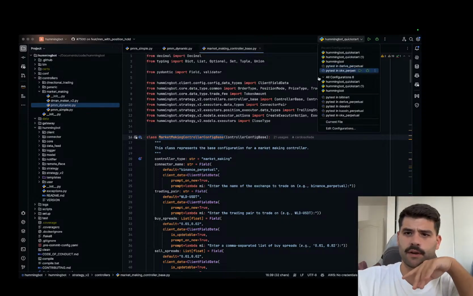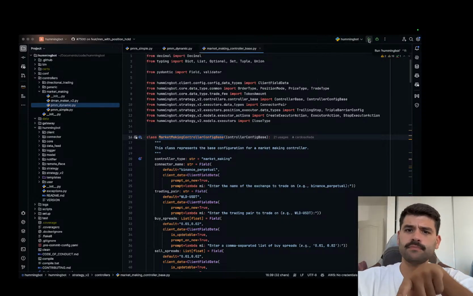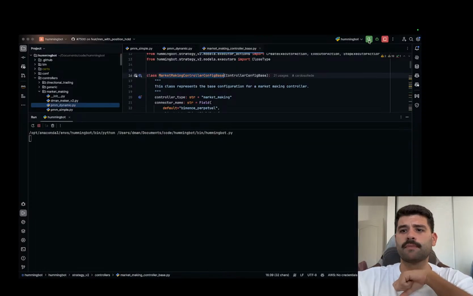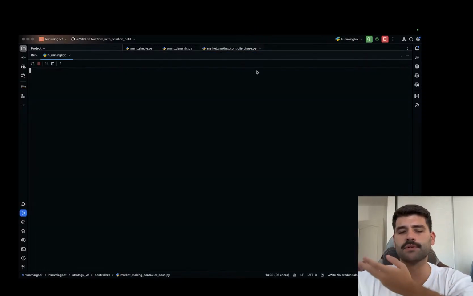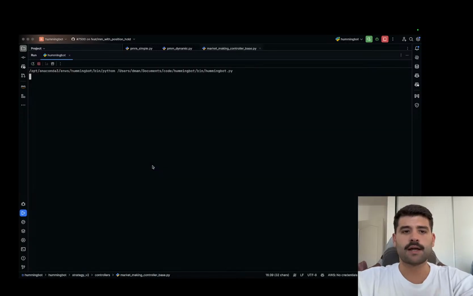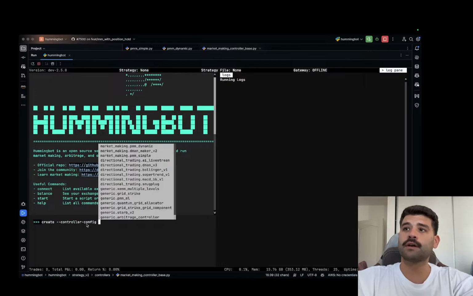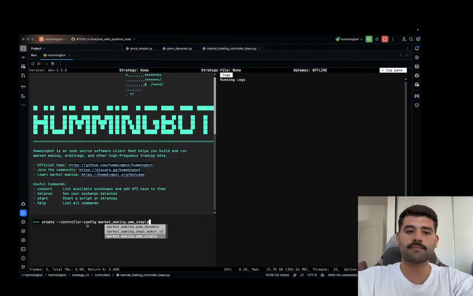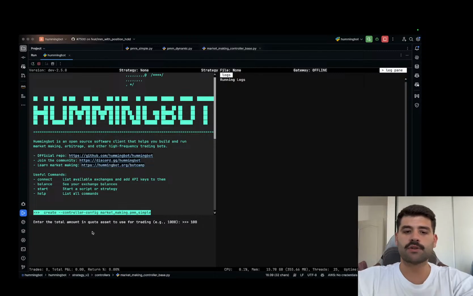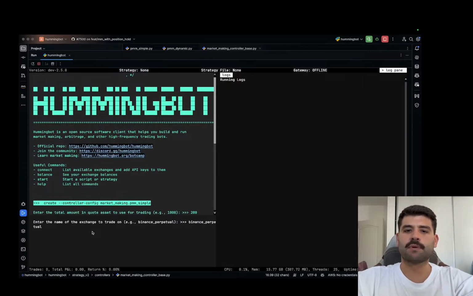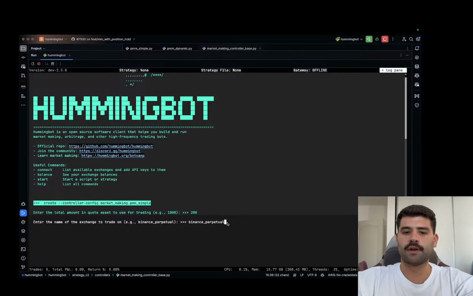So I don't have one here, but let's create one. To create one, you go here, you run play on Hummingbot, or you start Hummingbot directly. And then what you do is create controller config, market making, PMM simple. And then it says, what is the total amount that you are going to use for trading? Let's say $200. Let's trade on Binance Perpetual, so we don't have the problem of the